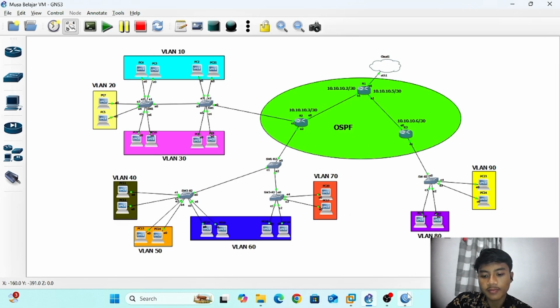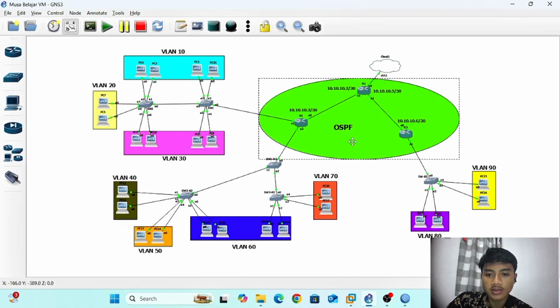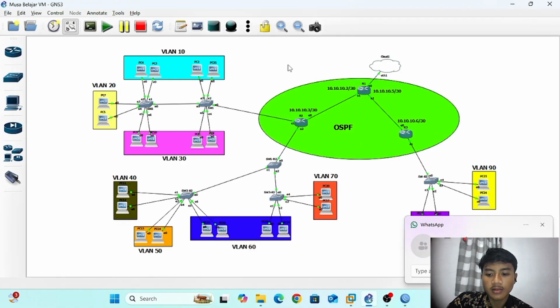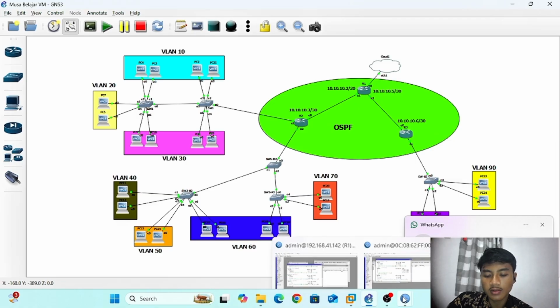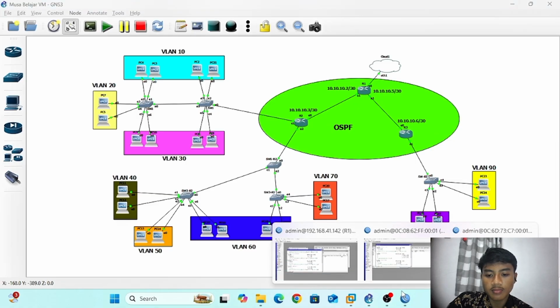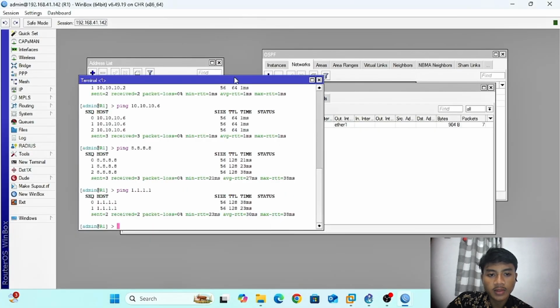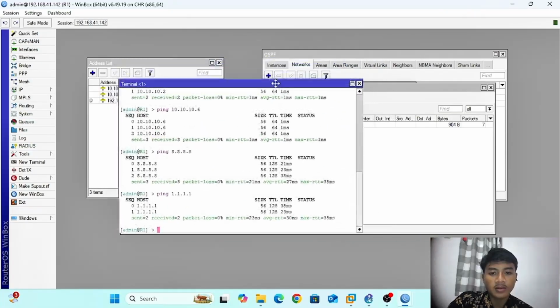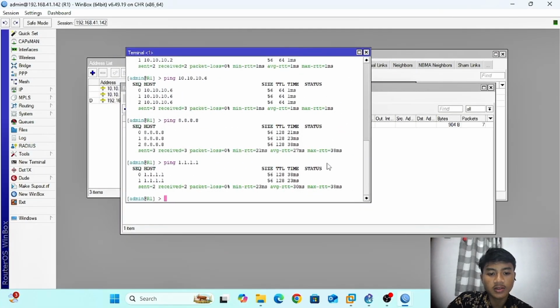Okay, maybe that's it for the configuration at routers 1, 2, and 3. My friend will continue my configuration.